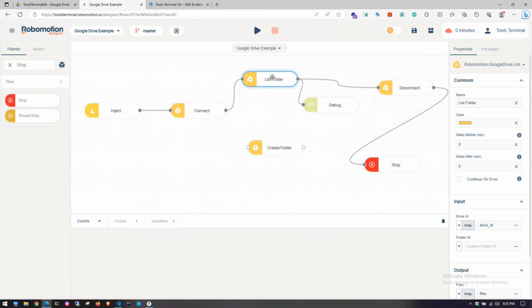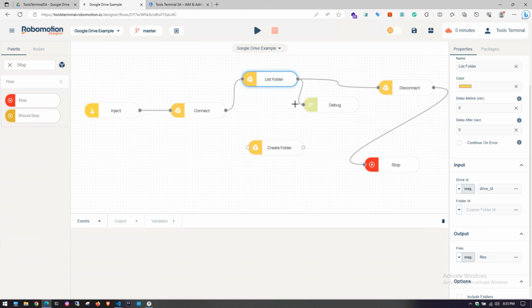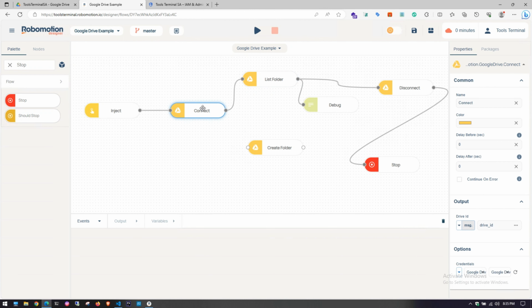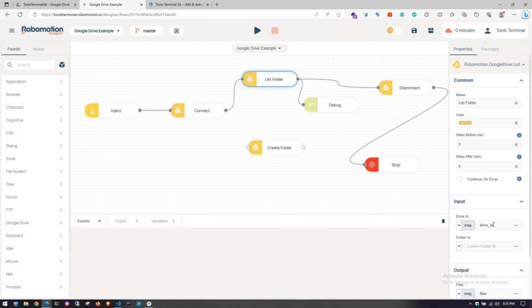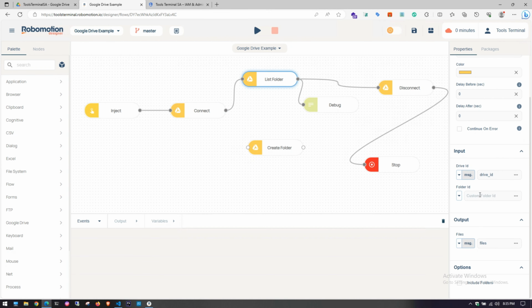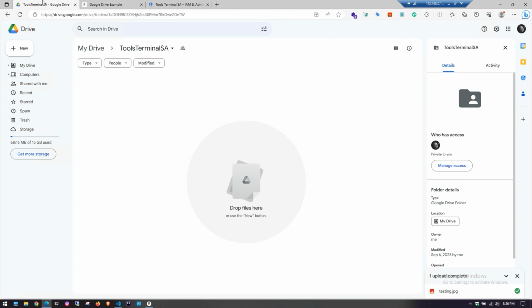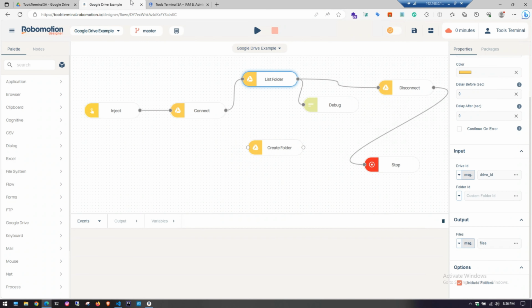So let's see what the list folder requires. In order to list all the folders here, we need to give the drive ID, which will be provided by the connect flow. And after that, we need the folder ID of the Google Drive. So I'll show you how you can find the folder ID. If you go to the Google Drive, you can see that there is a number or text after the folder. This is the folder ID we are looking for. So this is the folder ID. I'm going to copy